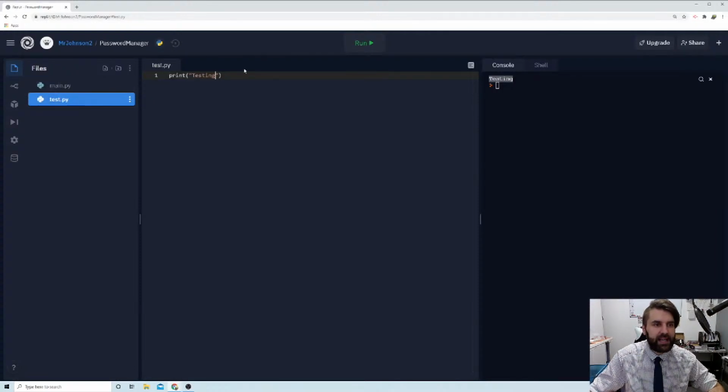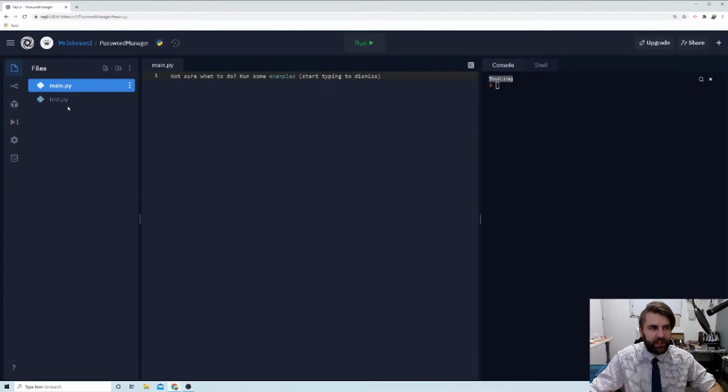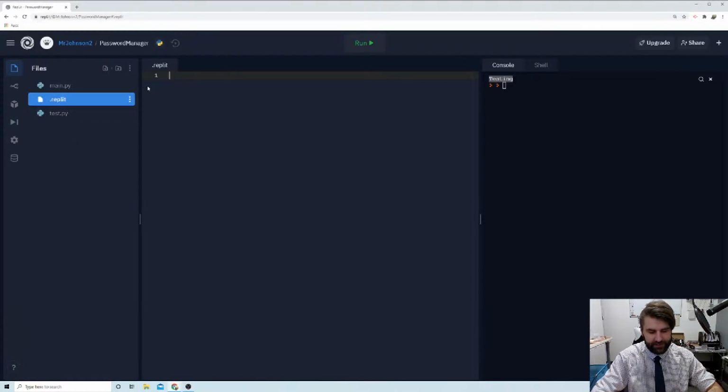But if I just wanted to test test.py on its own, and I don't want to run the main file, and I want to have a bit of control over what file I'm running, then we need to add in a configuration file. This configuration file is called .repl.it, and we're just going to give it some parameters. We're going to say language is equal to python3, because that's the programming language we're using. And we are going to say run equals. So what's going to happen when we press the run button? Well, we want to use the python3 language to run